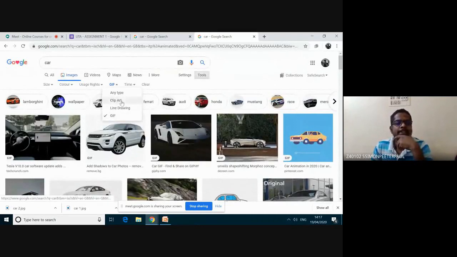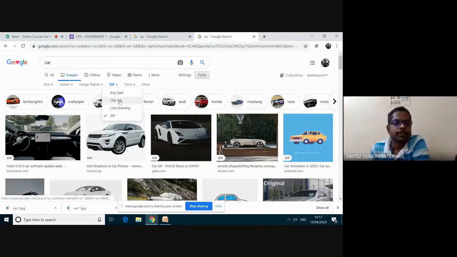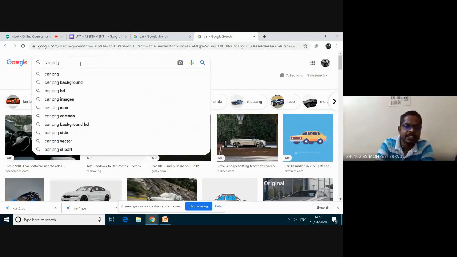So in the type, you can select different type. Suppose if I need a car with transparent background, then I have to type car PNG.